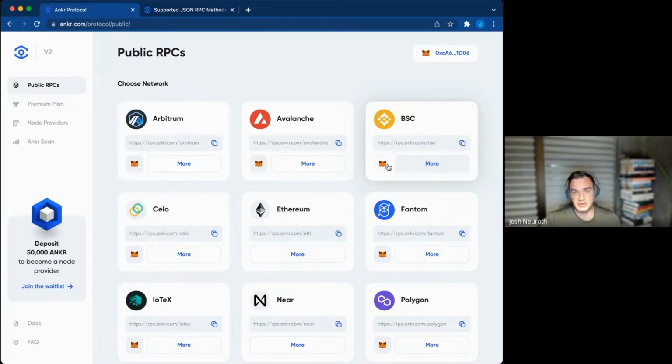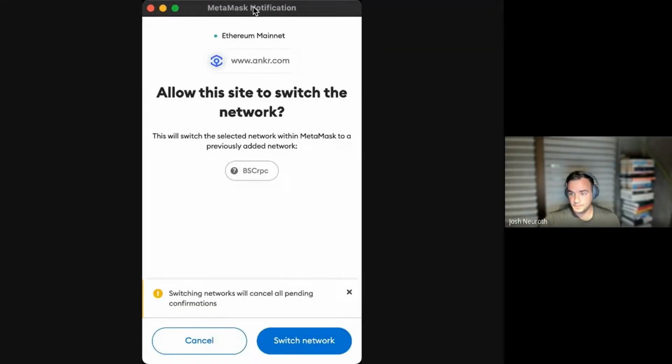So I'm going to just do that real quick here. I might have to switch my screen share. And so I just clicked that button, and what you're not seeing, I'm going to re-switch this, is you'll see the MetaMask notification popping up here. And allow the site to switch your network, and it just makes it one-click easy to get MetaMask set up. There's no settings that you have to do, so I can switch that network, and now my MetaMask is going to be connected to Binance Smart Chain. So now I can look at all my transactions on Binance Smart Chain or send assets there, right? So just an example of how that infrastructure is used for an everyday use case, right?